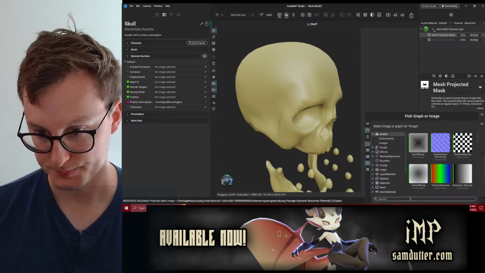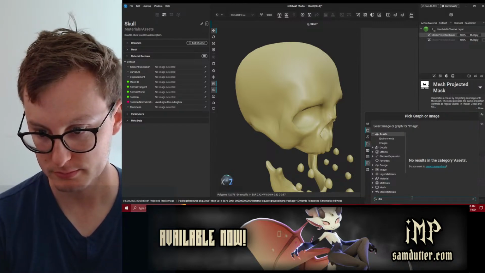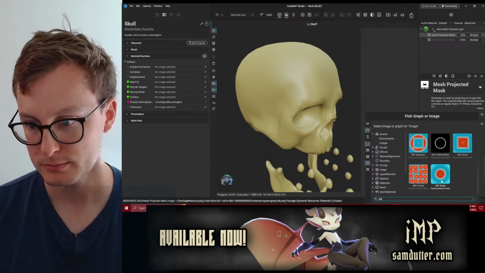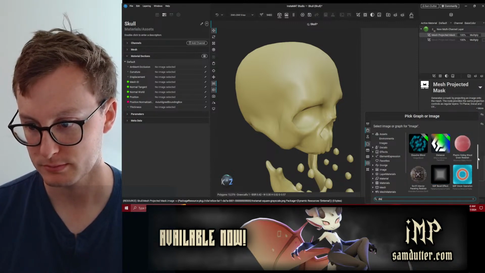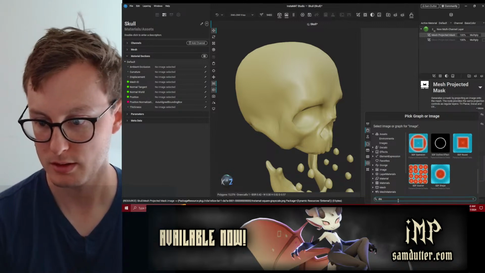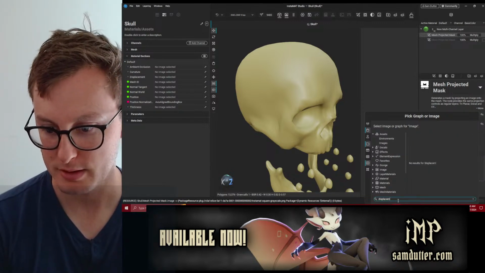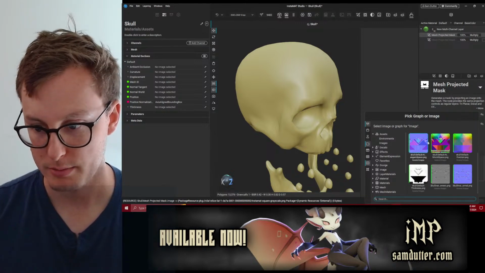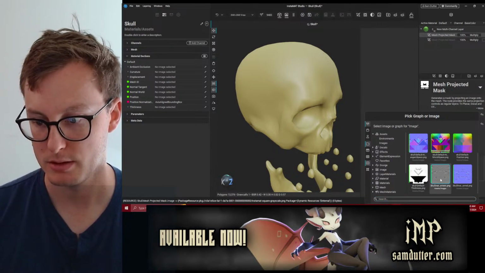Assets. Search everywhere. Wow, you can use SDFs. Interesting. Oh, here's the package right there. Package displacement.